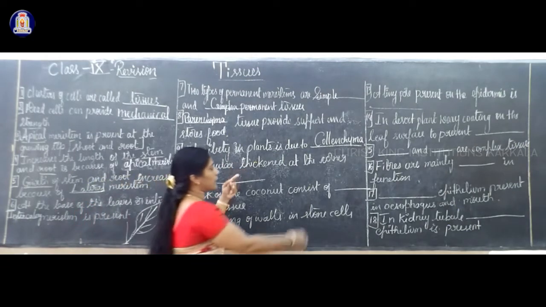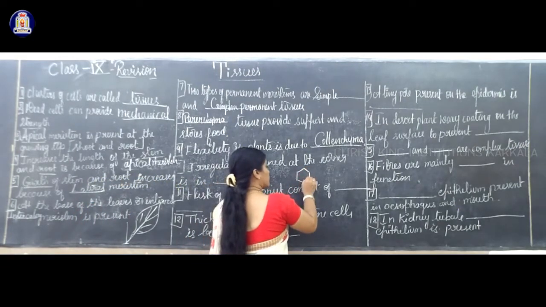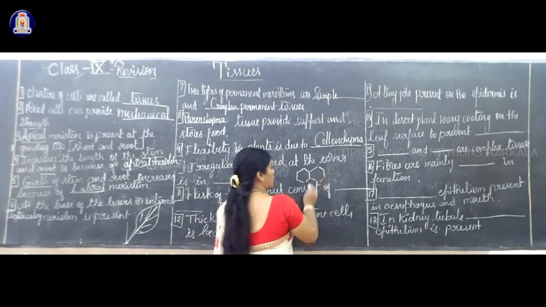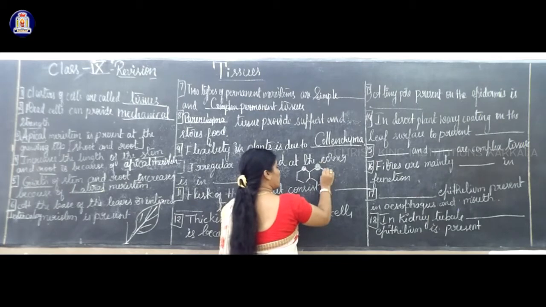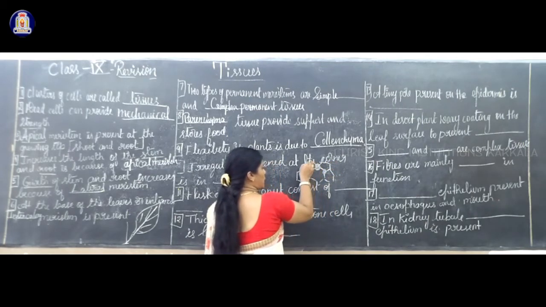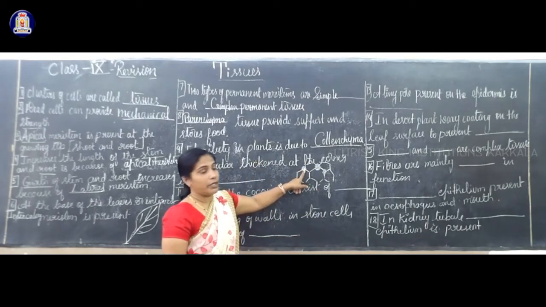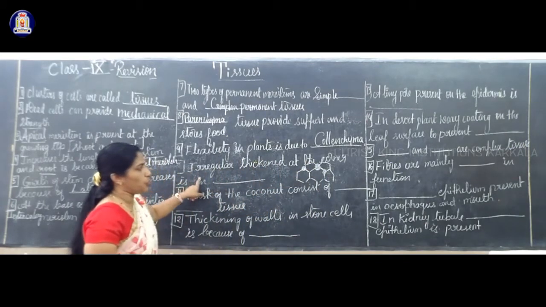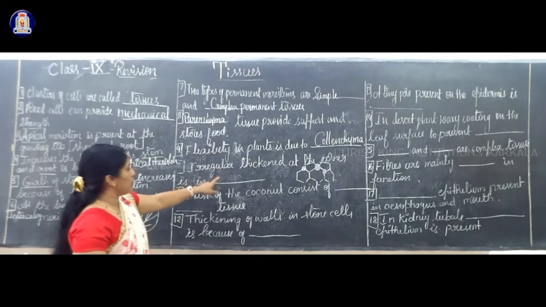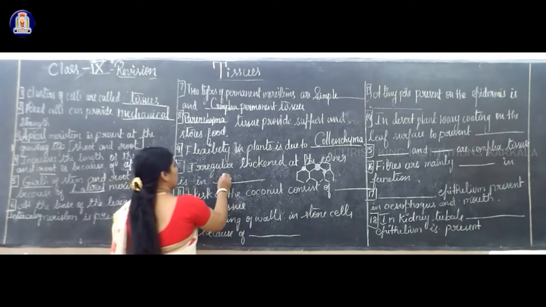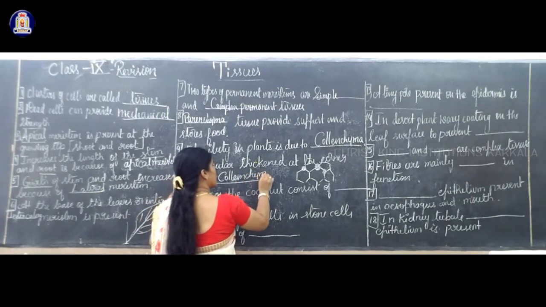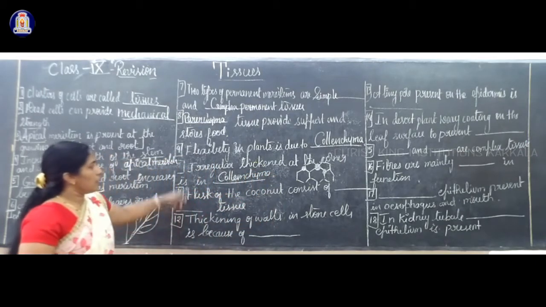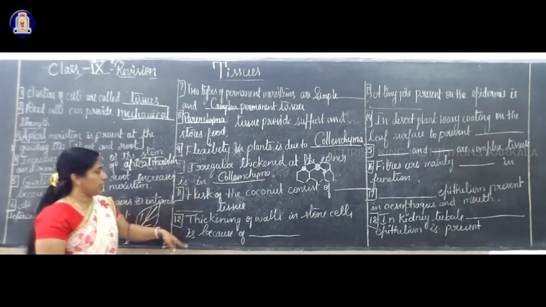Irregular thickening at the portion. So this is polygonal in shape. Here there will be a thickening. In the diagram also they will give. Sometimes there will be no intercellular space. Thickening in the border in dash tissue. Irregular thickening of the corner is in collenchyma. So flexibility and thickening.